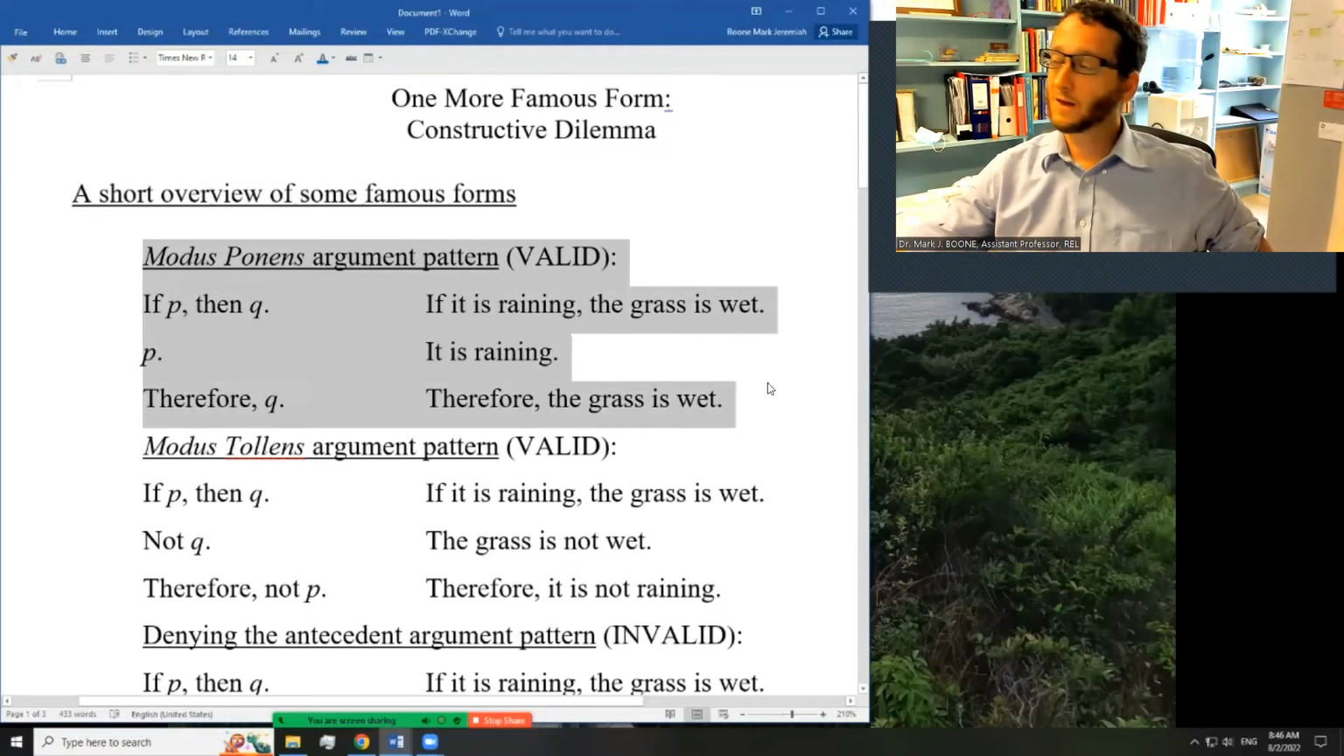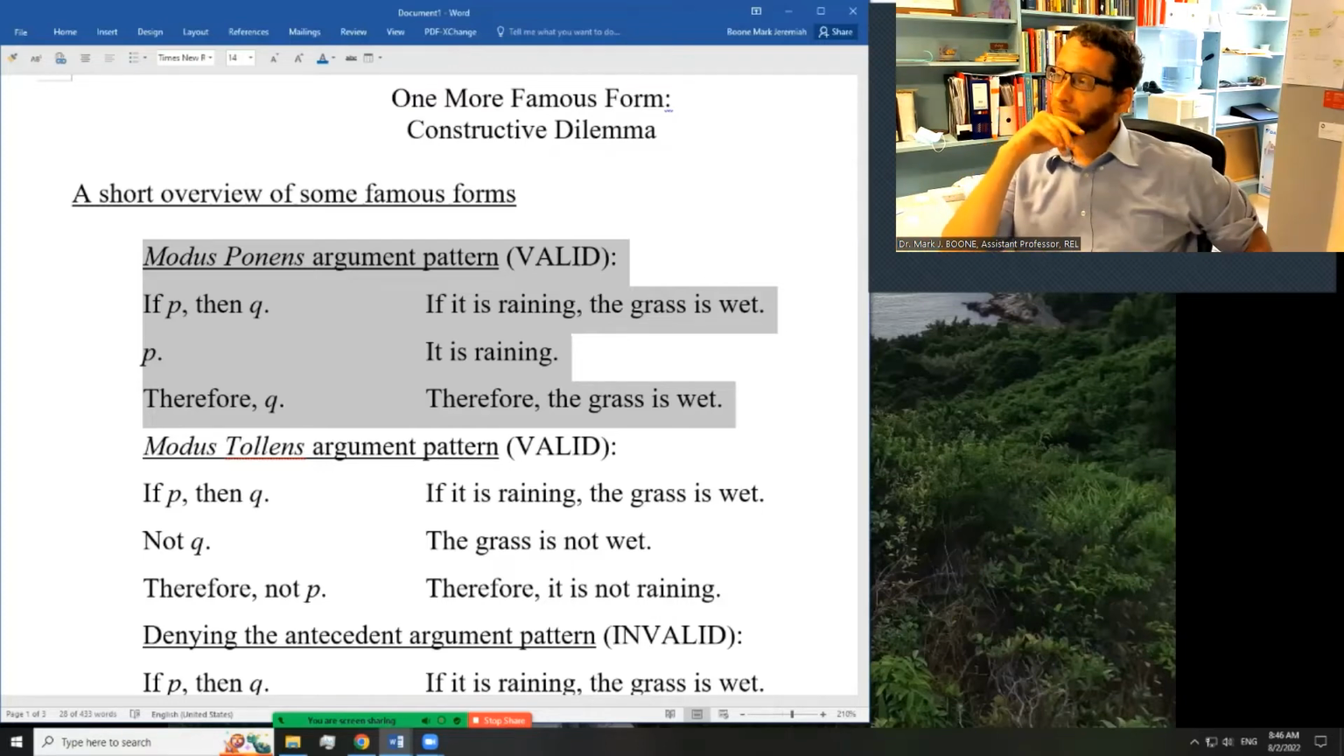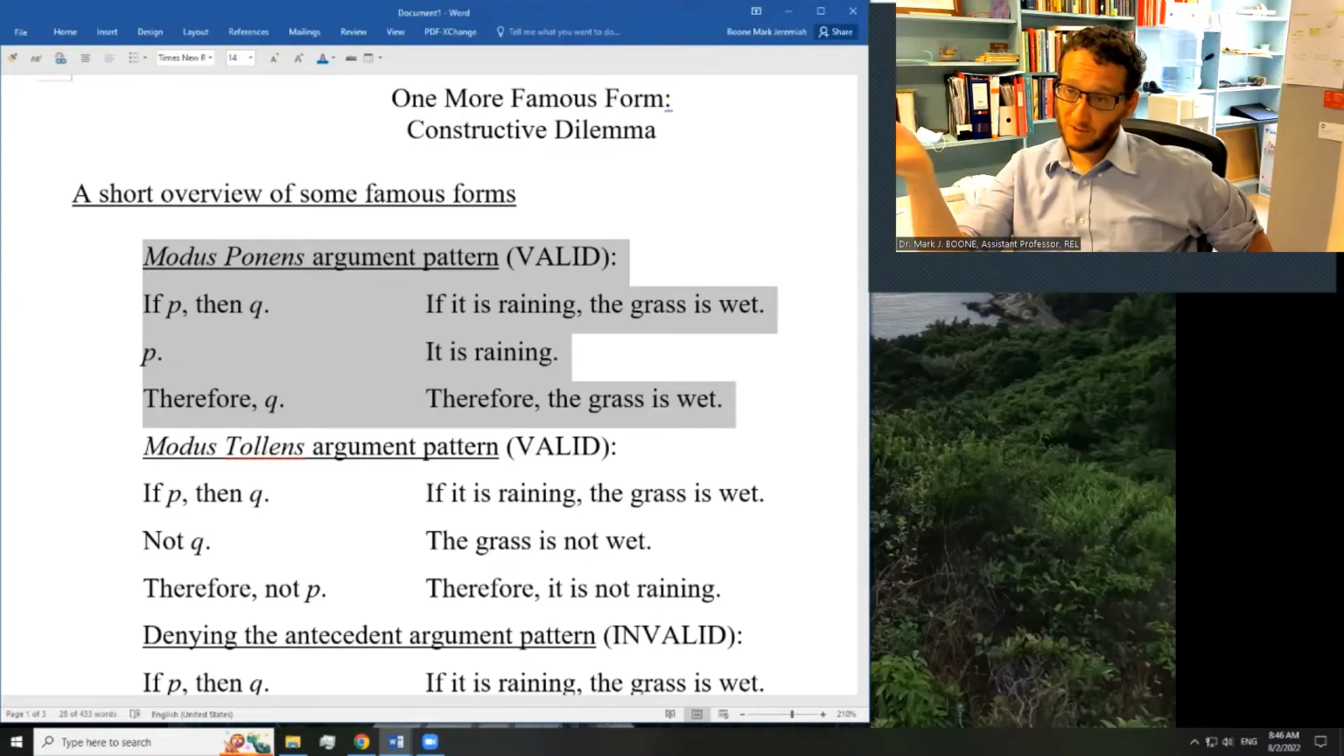Now, there's a certain number of famous forms, and I don't know what the number is because some are a little more famous than others. And when you're doing the famous forms method, obviously, the more famous forms you learn, the more arguments you can use them on. But the harder it is to keep track of all the forms and to keep them memorized